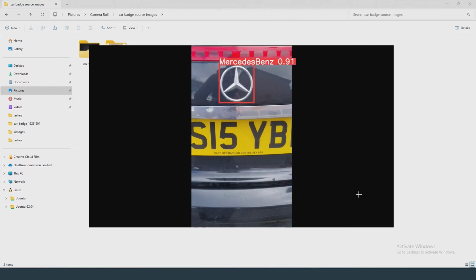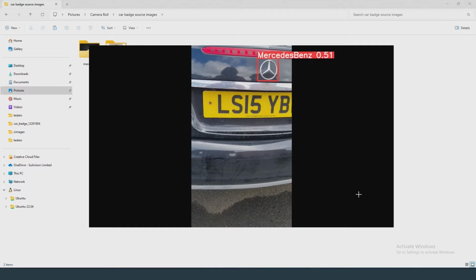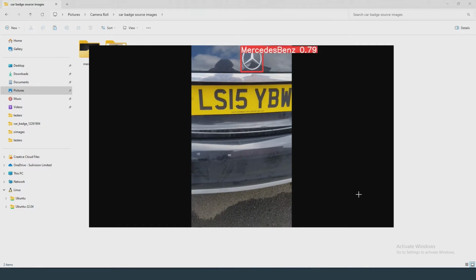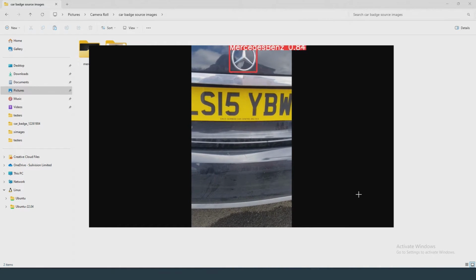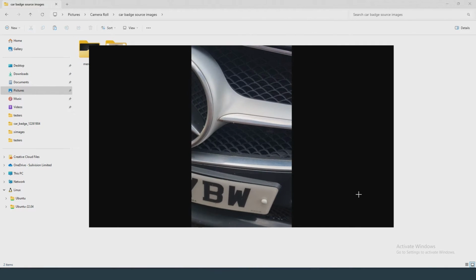In this video I'm going to create a custom object detection model using YOLO version 8 that will be trained on two classes of vehicle badge, Mercedes Benz and Volkswagen. At the end of the video I'll do some testing to see how accurate the model is at detecting and